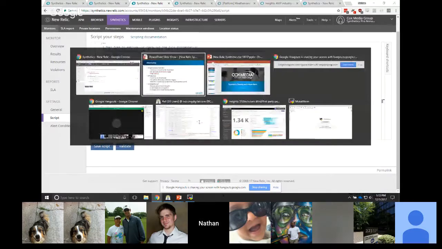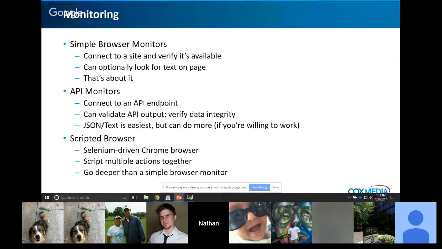And then, for API tests, JSON and text output is the easiest, but you can do more than that, like SOAP or XML, if you want to put in the effort. And last but not least, we have scripted browsers, which is what most people are thinking about for synthetics. These can do everything from basic site functionality to performance timing and more. They're driven by Selenium running the Chrome browser, as I mentioned, and allow you to string multiple actions